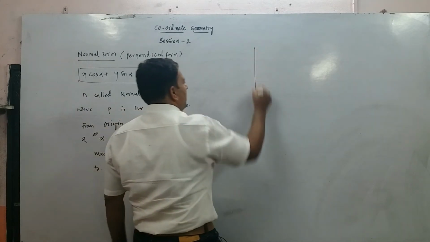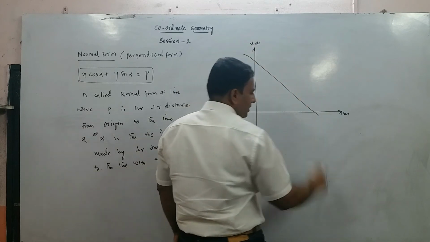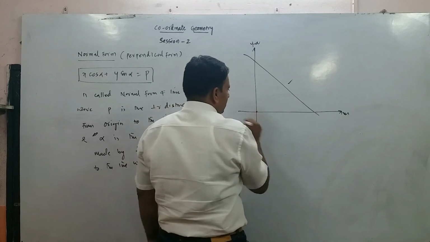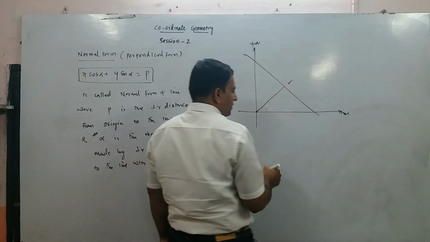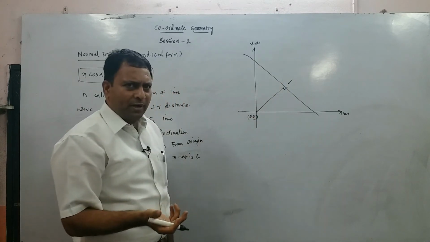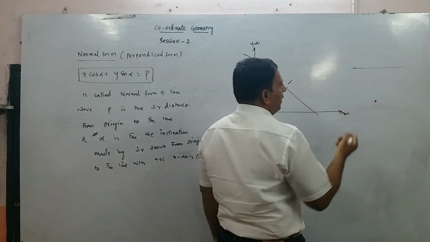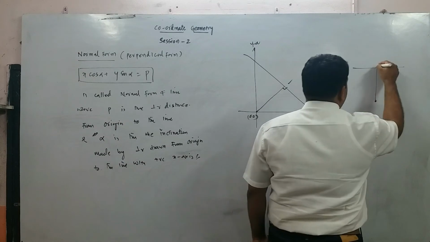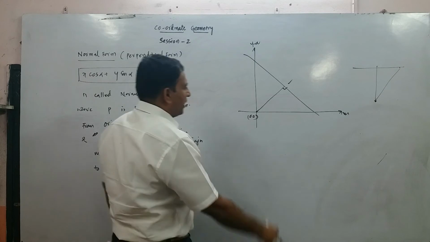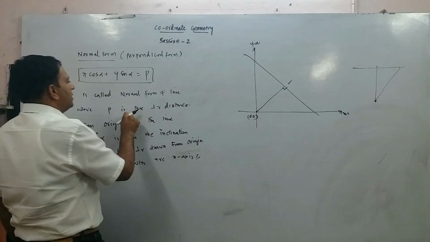What does that mean? Let me help you out. This is x-axis, this is y-axis, and this is a line. And if I want to write the equation of this line, given this is a perpendicular distance drawn from 0,0 to the line. So perpendicular distance. Shortest distance is called perpendicular distance. For example, there is a wall and I am standing here. How can I reach the wall in the shortest way? I have to go straight. If I go like this, I will have to cover more length. So perpendicular is nothing but the shortest distance. Alright. So this is the shortest distance from the origin. So I can also say where P is the shortest distance from origin to the line.